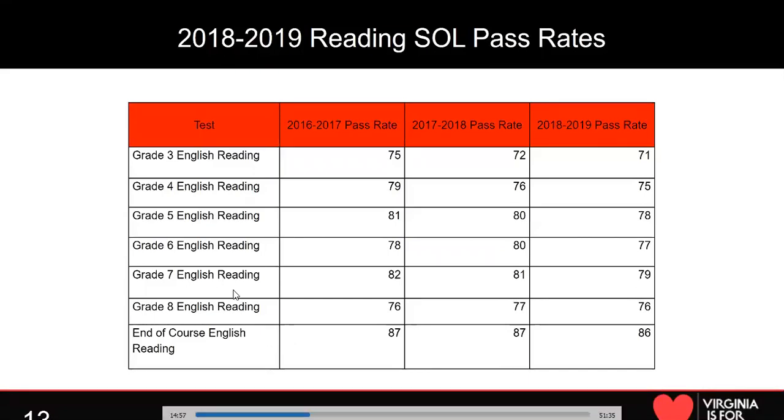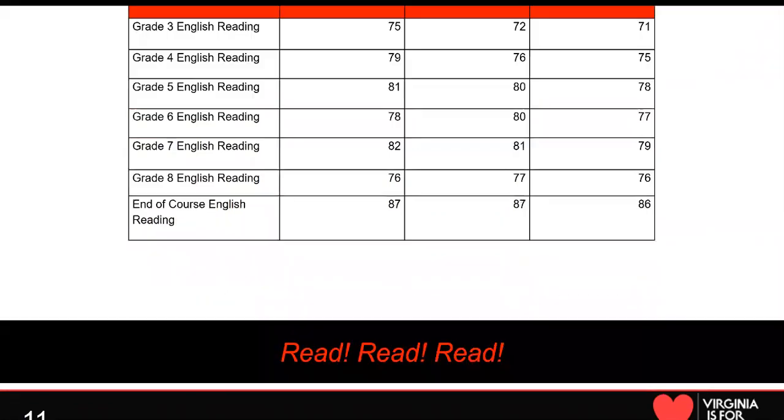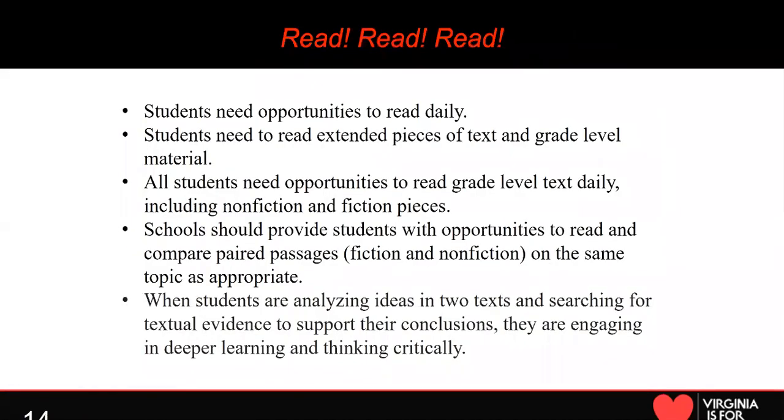So without belaboring these scores, you can see there are some positive trends where you can track cohorts over time and see some improvement. But in general, scores have declined in reading as well. So thinking a little bit about what are some reading best practices that you can take back to your classroom, to your divisions, thinking specifically if you're sharing this message about we're going to read more, we're going to write more in our history classes, if you're sharing that message with a group of history teachers, things that you might focus on surrounding reading include the fact that all research indicates that students need to be reading daily.